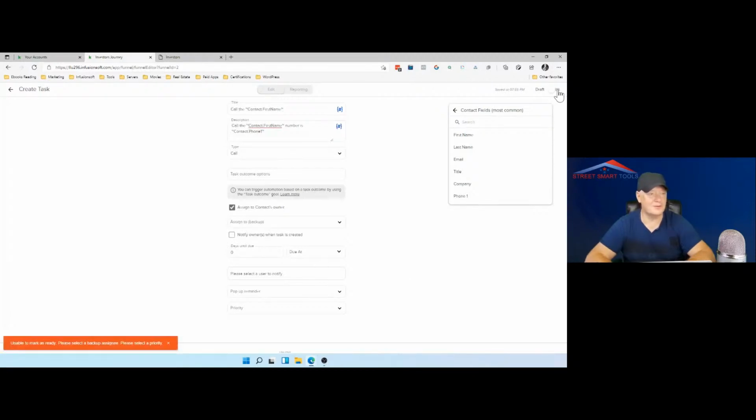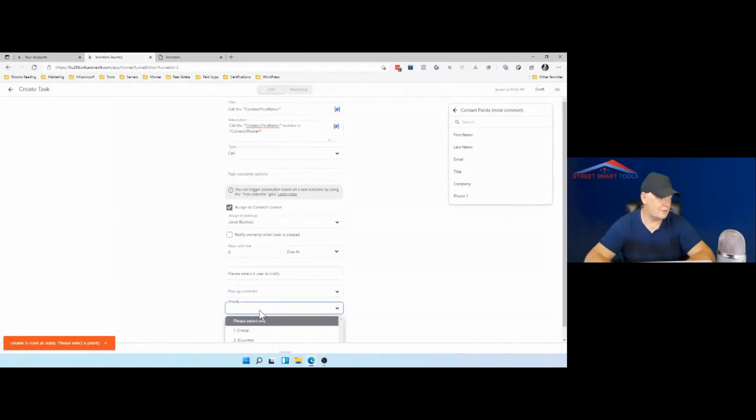And then we can continue the journey. Backups assign, okay. And I believe it at this stage. Priority, right? Priority. Essential, right?